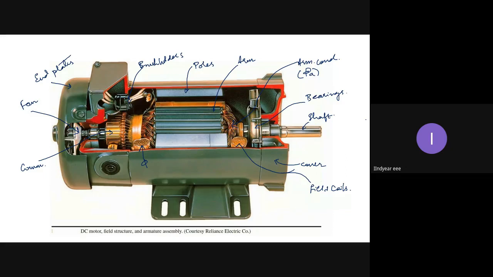So here, as a result of cross magnetizing effect, or as a result of field distortion, what will happen? The main flux wave will not be a uniformly distributed flux wave. Now, if you observe the flux wave,